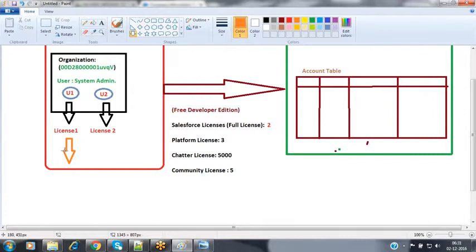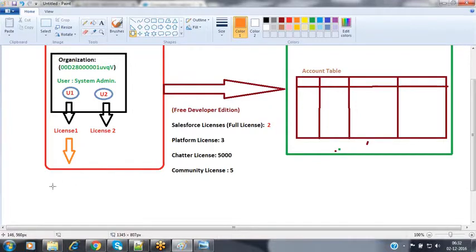Now, when coming to the licenses here, every user should have a separate license. In order to create a new user record, we should associate that user with a license here. Each and every license will be associated with multiple profiles. Now here we are going to create some profiles.